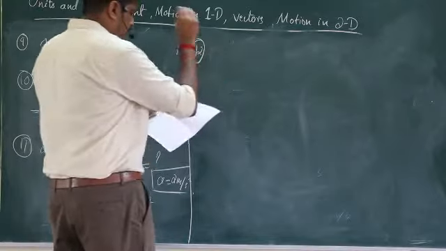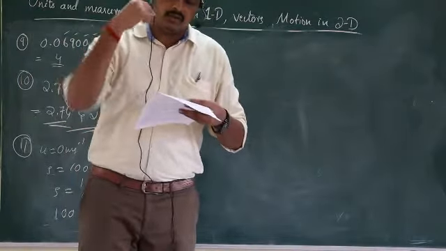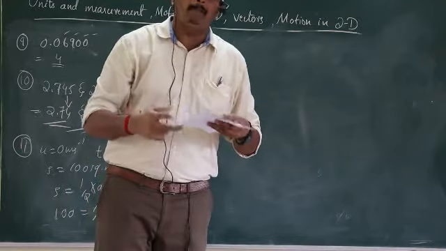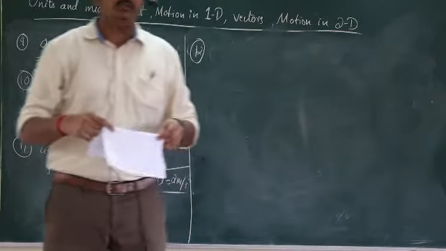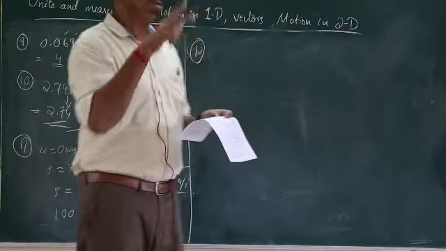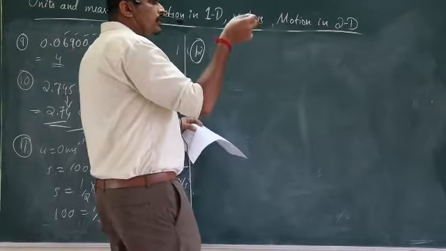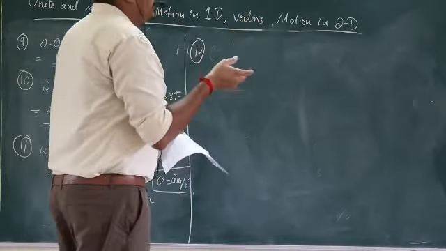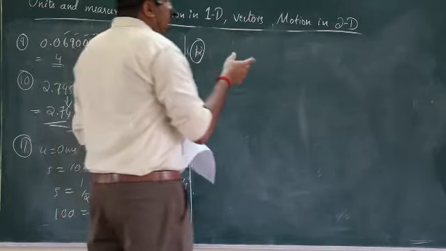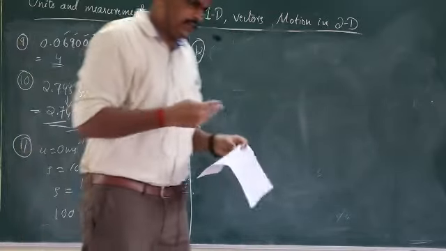Next, let us go for question number 12. An object is dropped from rest. Its velocity changes in the following form. The object is dropped from rest, so it is not a VT graph, it is velocity versus distance. Dropped from a particular height means it is just released, correct? That means initially velocity will be 0. Thereafter it has to increase, correct?